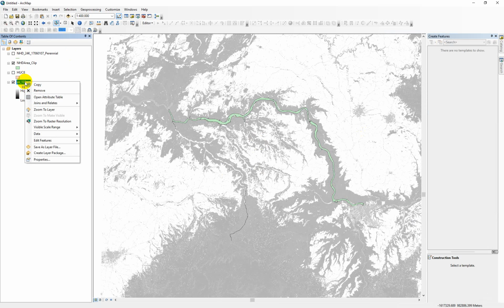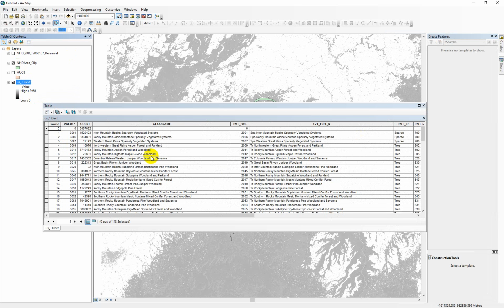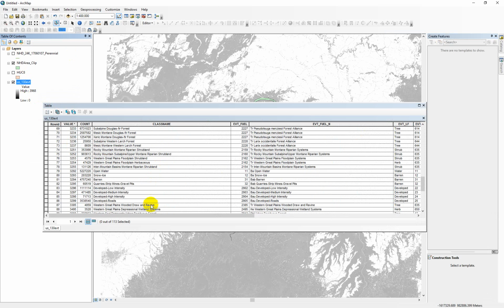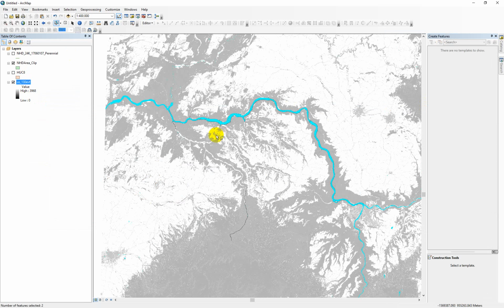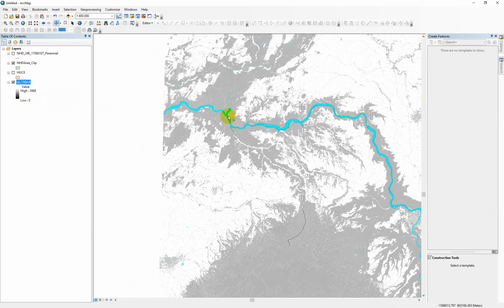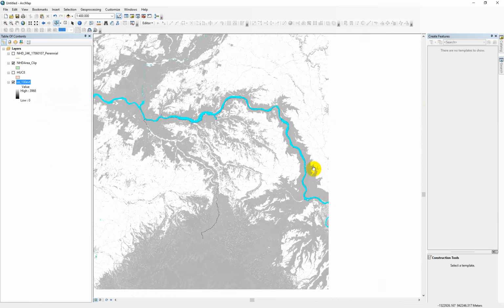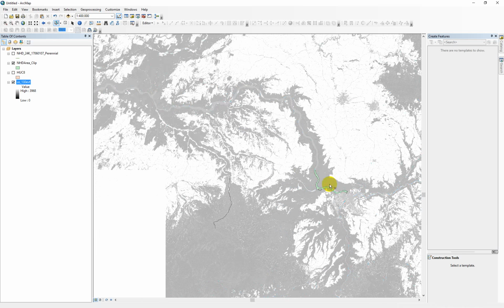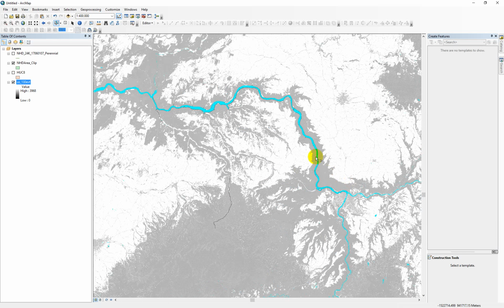So I'm just going to go into the LANDFIRE attribute table. I'm going to scroll to open water, and I'm going to select those cells. As you can see, this is the main stem Snake, and it's just a thick band of open water cells. So if we didn't use a large river polygon here, the tool would actually classify these open water cells as